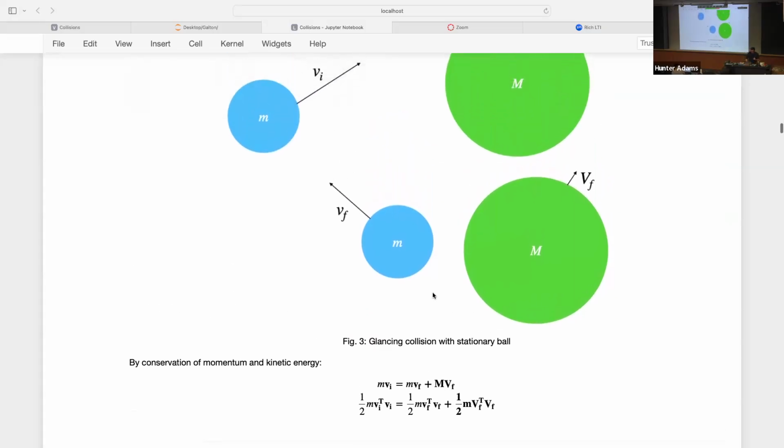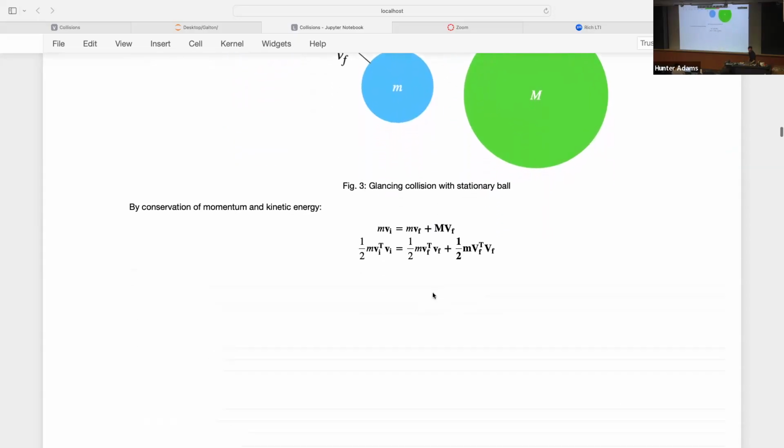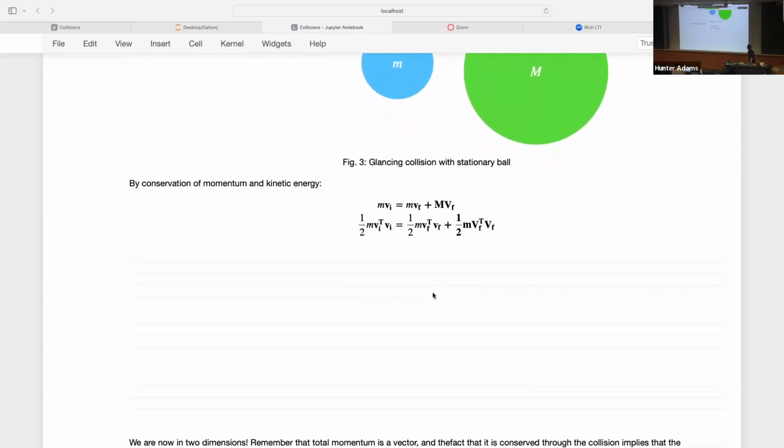And so we could absolutely write down the same two conservation equations that we did previously. We know that momentum is conserved through this collision, and we know that energy is conserved through this collision. This is a fully elastic collision, so we're assuming everything's conserved. But now that we're in a plane, all that's changed is these are vector equations instead of scalar equations. But that's okay. It's telling us exactly the same thing. So we could, if we wanted to, say, this is x, this is y, here are my equations, and just start chugging through the math. And you would arrive at the right answers. But